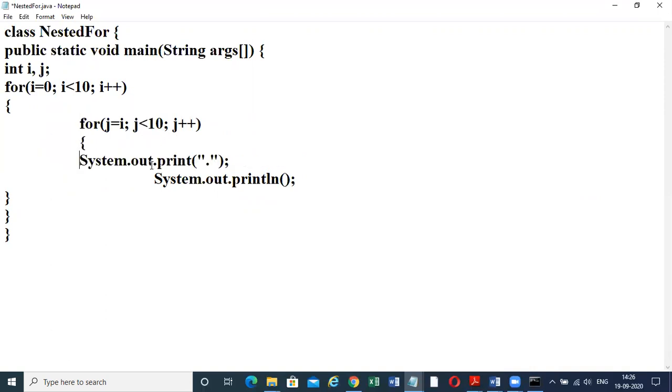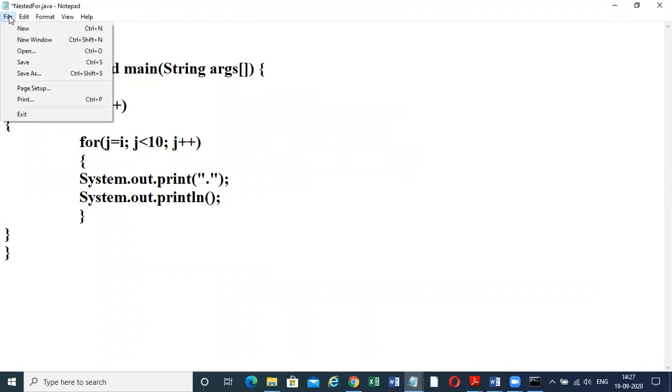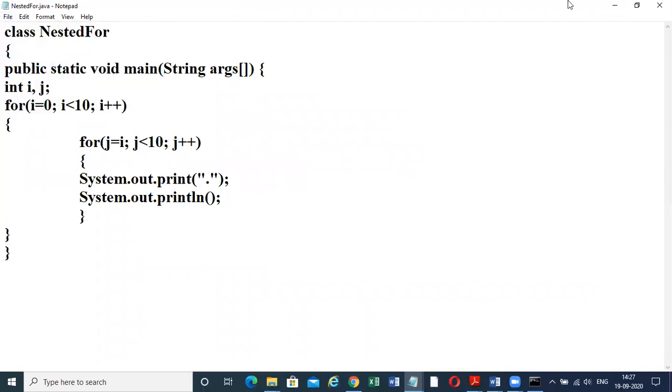Now this is the closing bracket of this, and this is the closing bracket of that. I think this is clear to all. Now here the nested for loop, public static void main. First see whether the program is working or not.